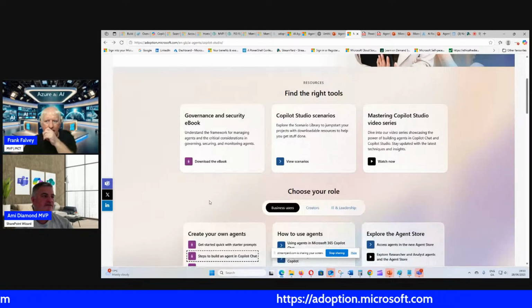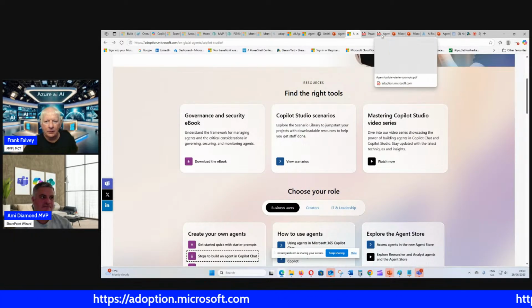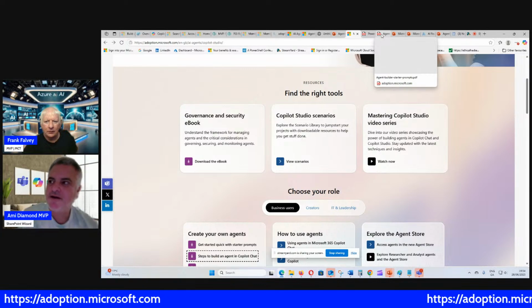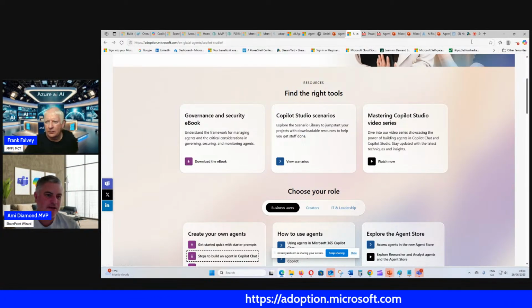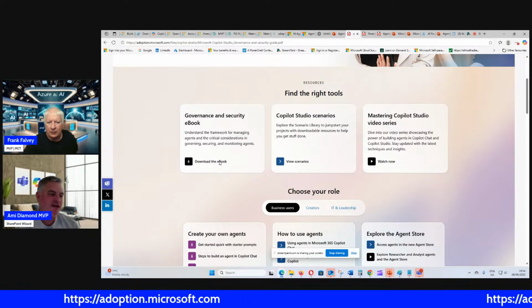Check all kinds of things, if OneDrive is enabled, see if there's oversharing, maybe restrict sites that you don't want to be included, and then maybe start trainings. And